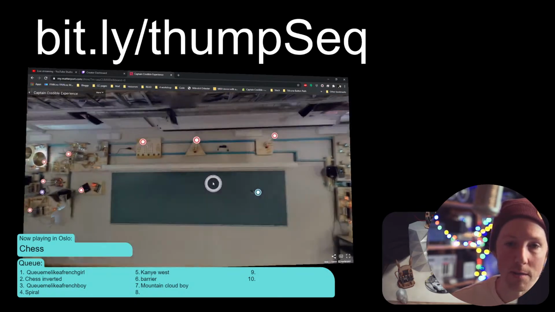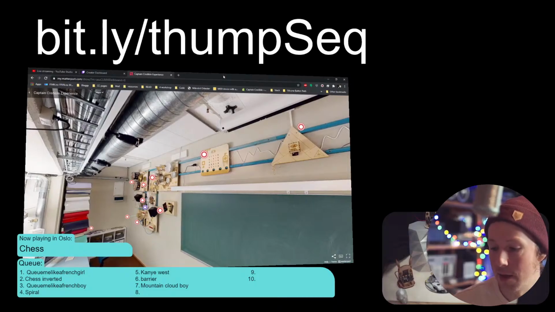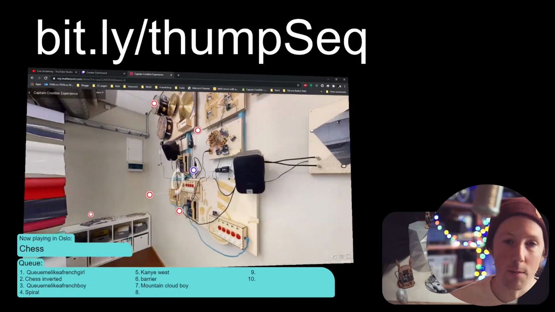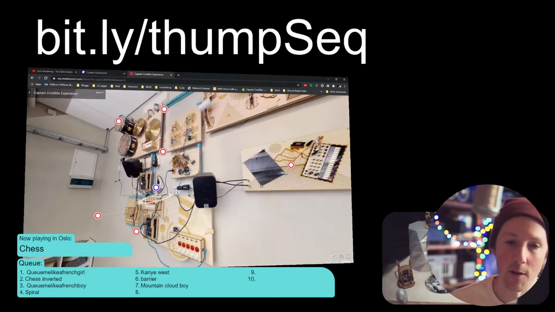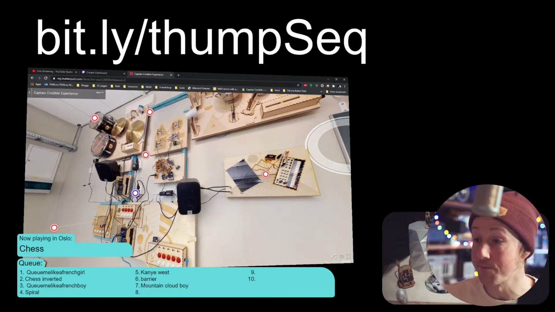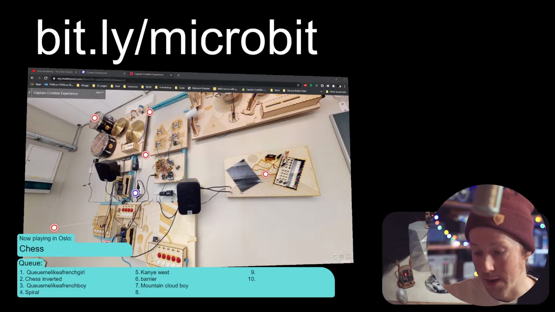Why can't I full screen this? Never mind. F11, not working. Maybe if I click there, then F11. Nope. So here you can see that there's quite a few more devices on the wall. And you can go to this link as well, bit.ly/. Oh, so if I want to change that, I have to go like this, bit.ly/microbits